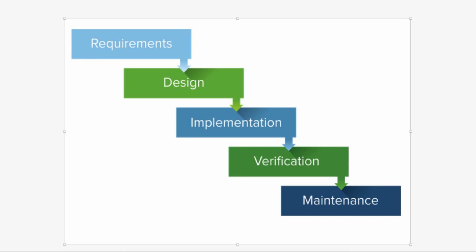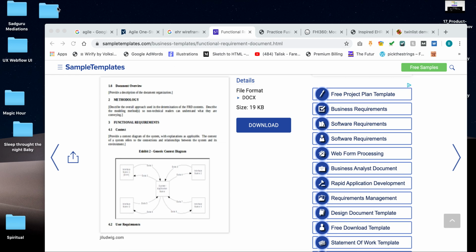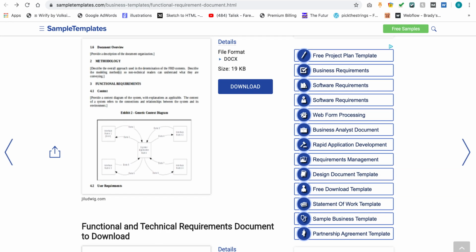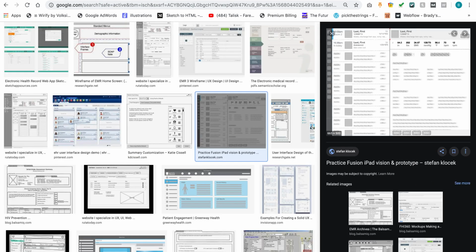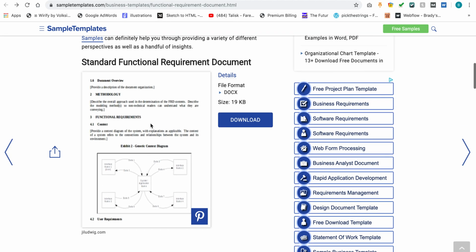Those things are then handed off, and it's actually designed visually. Then it's built, it's implemented, then it's tested, it's verified, and then you have this actual up and running software system. What that tends to look like would be something like this, where you have these requirements documents, a couple